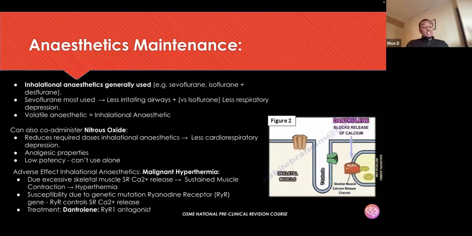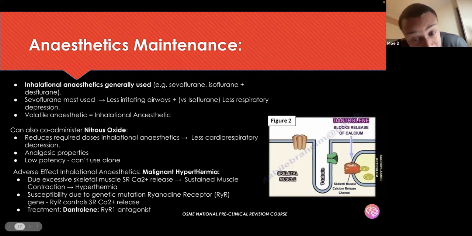And in terms of a really rare adverse effect that you can get from inhalational anesthetics, this is malignant hyperthermia. So the mechanism is that you have excessive skeletal muscle sarcoplasmic reticulum calcium release in response to that volatile anesthetic. And what happens is you get sustained muscle contraction, and so you get excessive heat released, and this causes hyperthermia. And susceptibility to malignant hyperthermia seems to be due to a genetic mutation in the ryanodine receptor